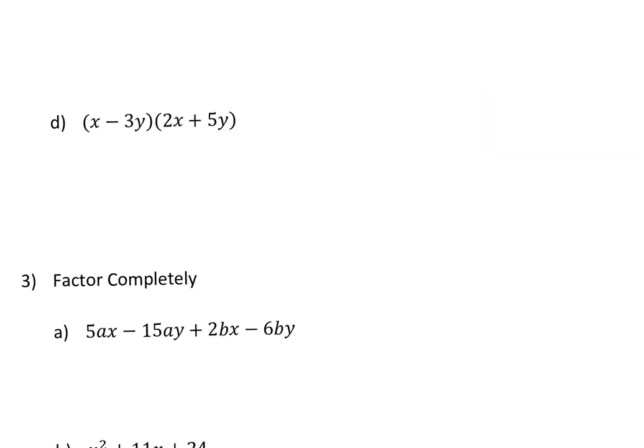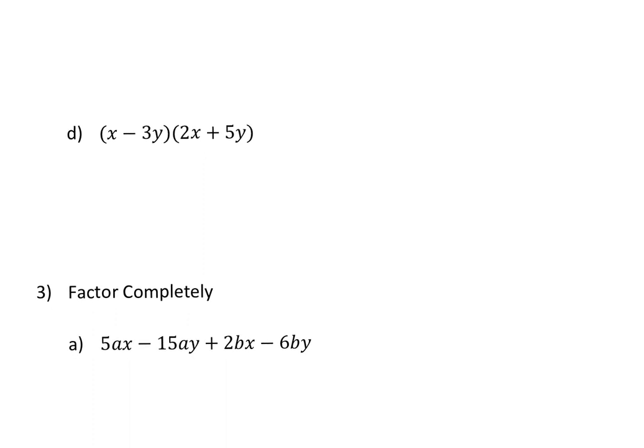So the next question is continuing from this multiplication, but instead of one term, we have two terms times two terms, and we just distribute the first term through and distribute the second term through. If it's two terms times two terms, we do have the acronym FOIL, first, outer, inner, last, but that's just a fancy way to say we're distributing every term in the first by every term in the second. So x times 2x is 2x squared. x times 5x is plus